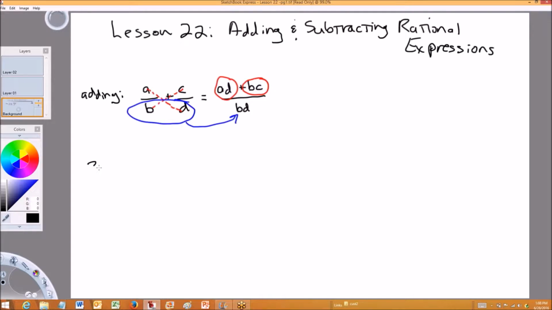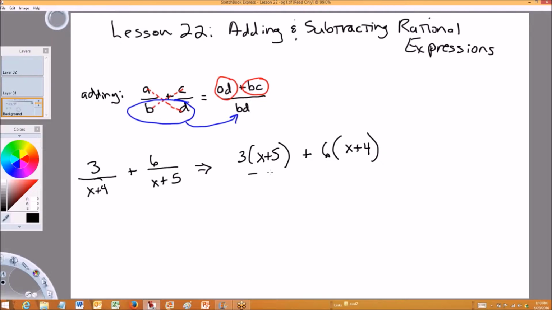Here is an example. First thing you note is there is no common denominator yet for these two terms. Also note B up here is a polynomial, and D is a polynomial. But we go ahead and work it out per the property up here. So we have A times D, so that's 3 times x plus 5, plus B times C. I'm just going to switch them around a little bit. All over